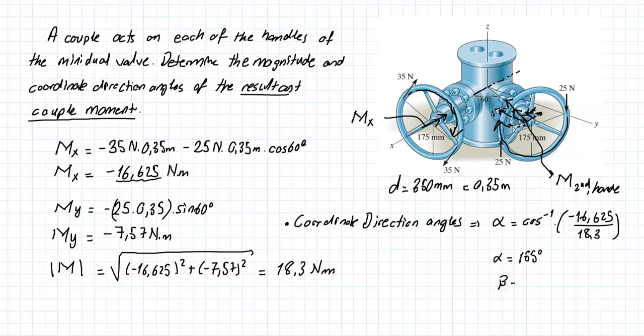And for beta, I will have arc cosine of minus 7.57 over 18.3,